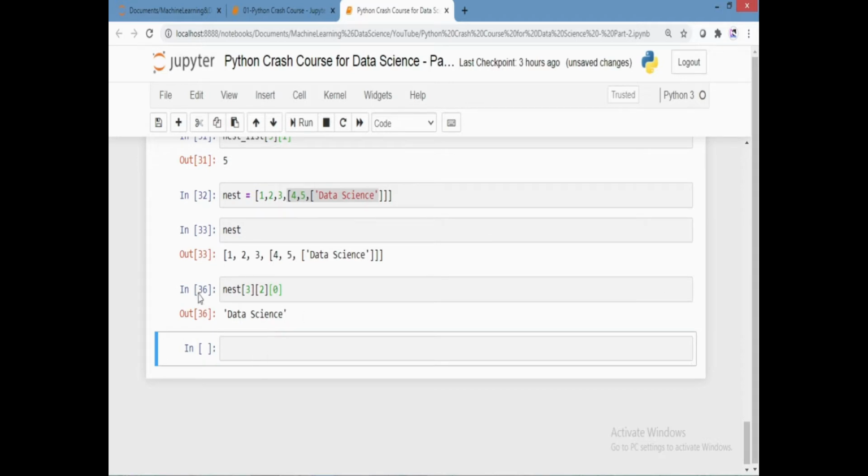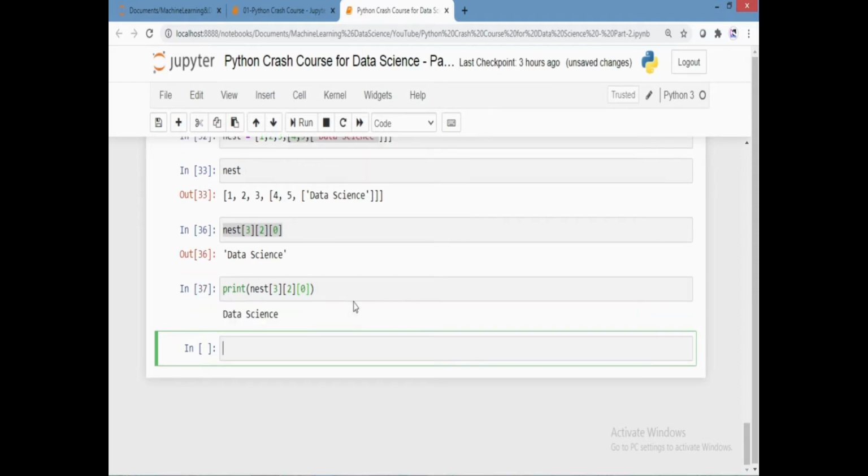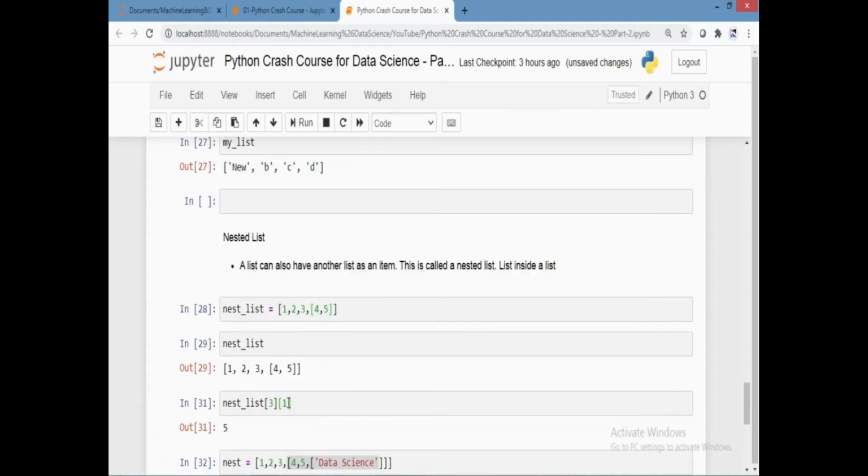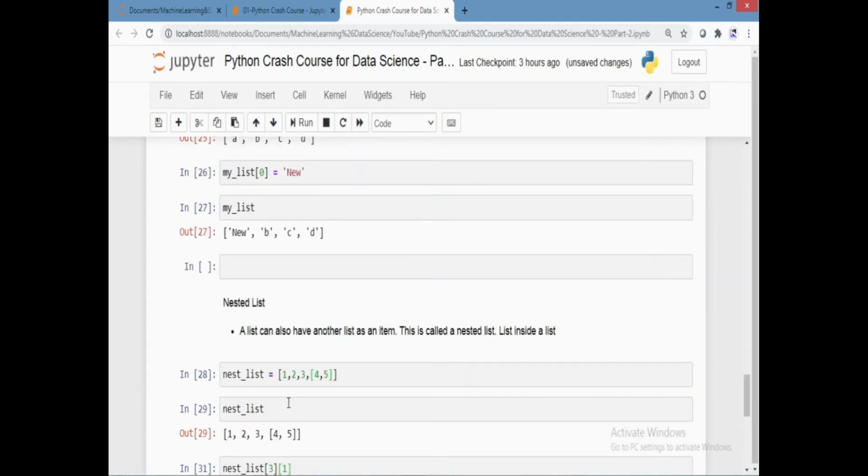And the same thing if I call inside print. So in that way we can work with a nested list. We can call each and every element and character.